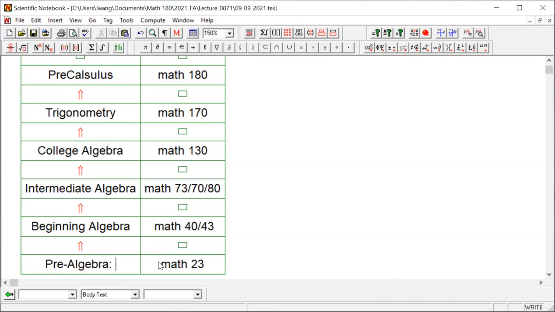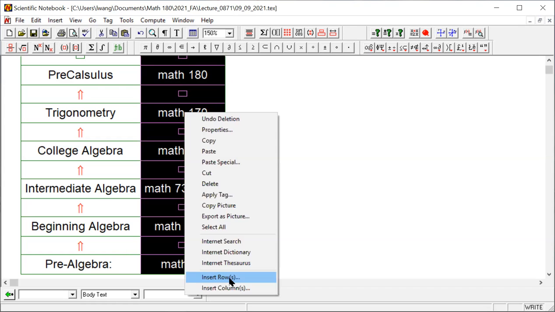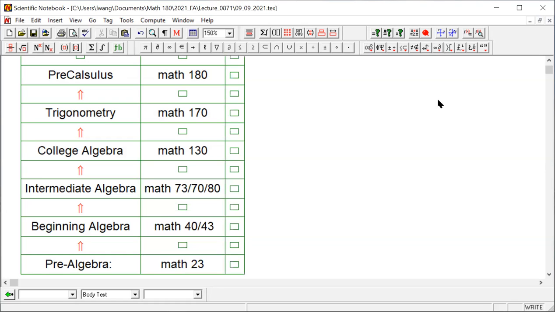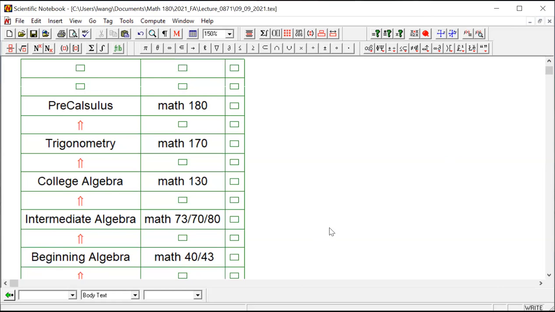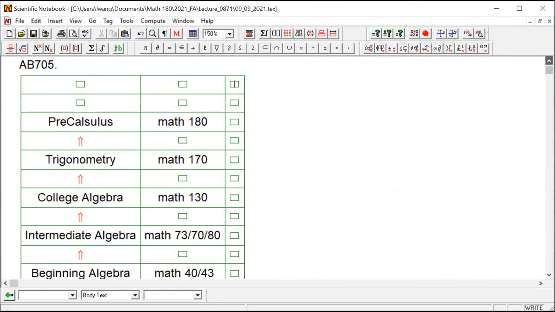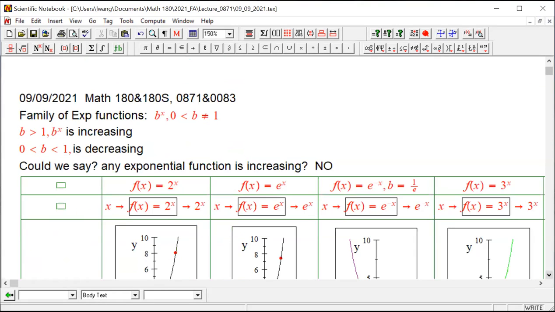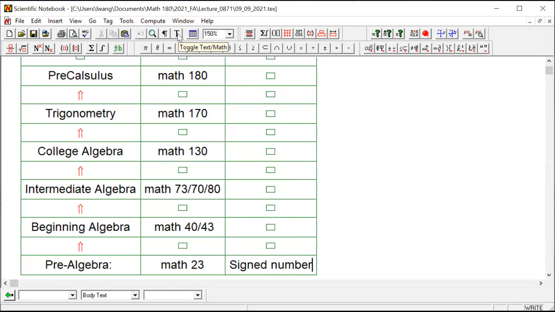So I'm going to put the contents over here, just so you have some idea about what I'm talking about, because as we get into the semester, you start to see these contents in your study. The contents of study in pre-algebra would be signed numbers, fractions,